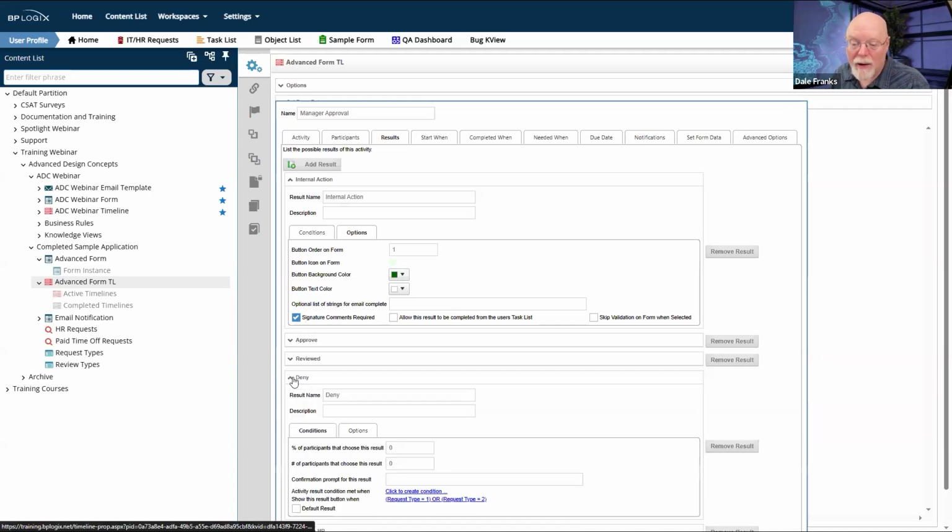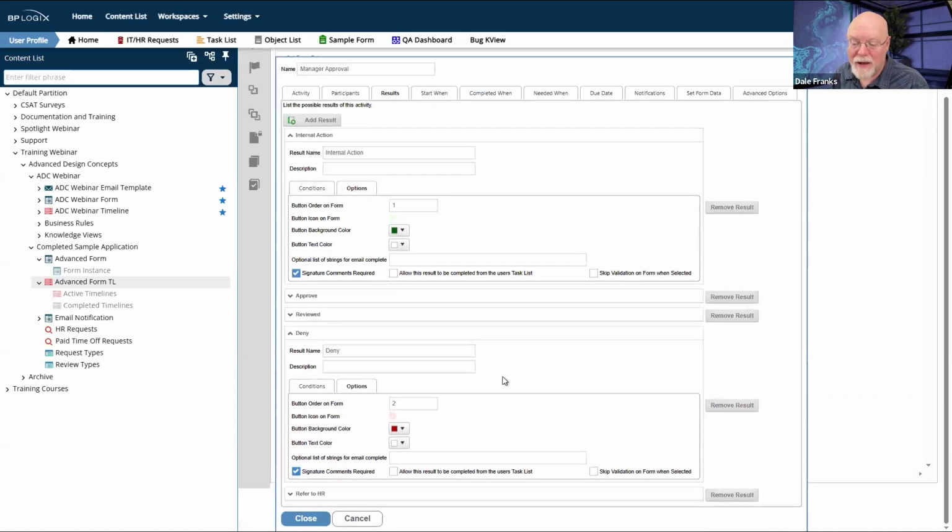And similarly, I've done the same thing in deny, because if you're going to approve a result, as I said earlier, we generally don't care what your reasoning is. If it's a time off request, I approved it. Okay, great. And I don't care why you approved it. We'll trust you. But if you deny it, so it's a time off request, I'm going to want to know, why are you denying this person their vacation?